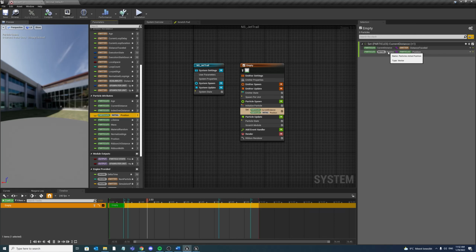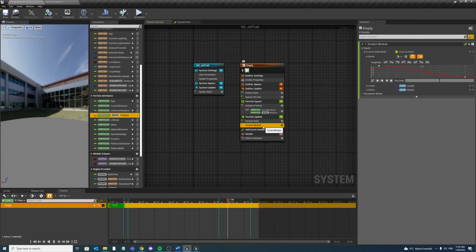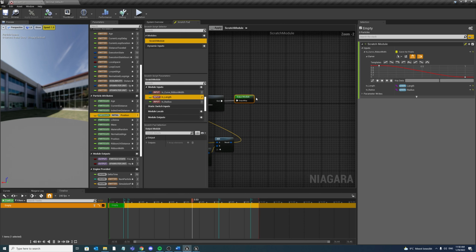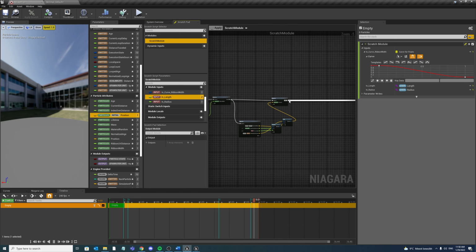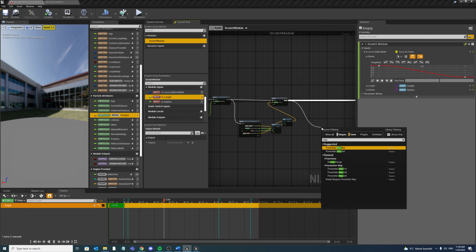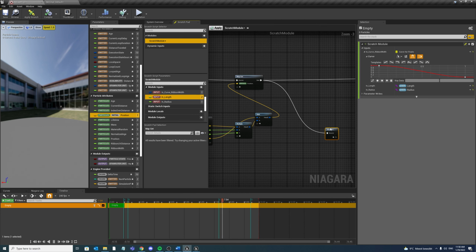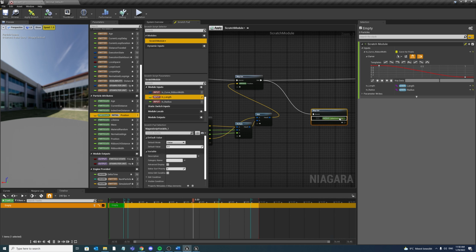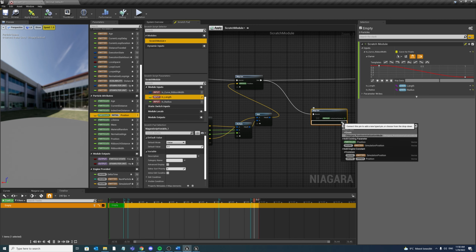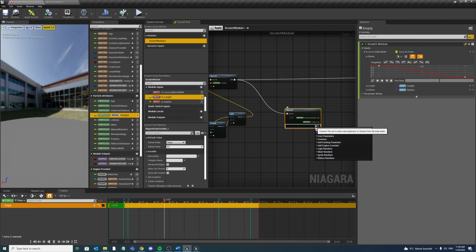So now we have stored the initial spawn position, and in this sketch module the positions are being arranged into this straight line. So all we want to do is interpolate back to initial position. So let's go back to our sketchpad, make some space, another parameter get, and in this one we want to take our index of our distance, we want to take our erased positions, and we want to take our initial position,